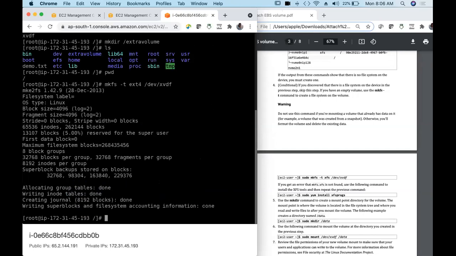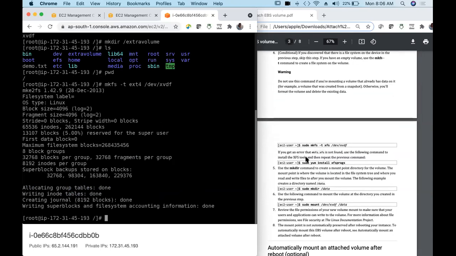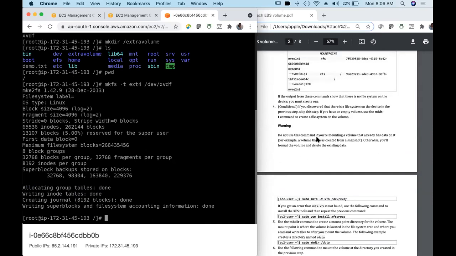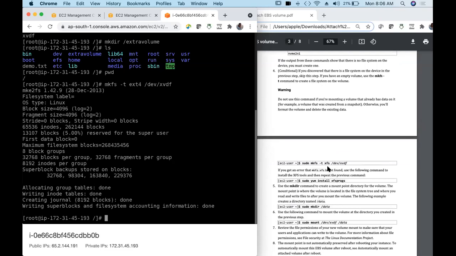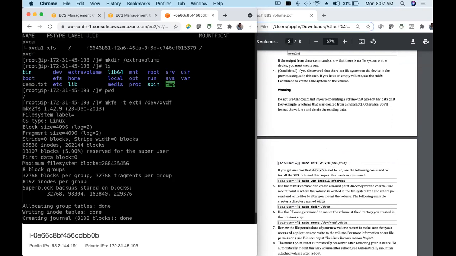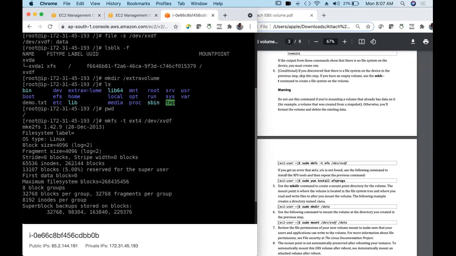Done. You should get done. And you can find the same command here also. sudo mkfs -t. See, xfs is there in this document. You have to use your mount point name. My mount point name is extra volume.